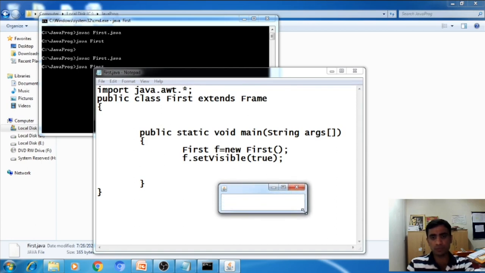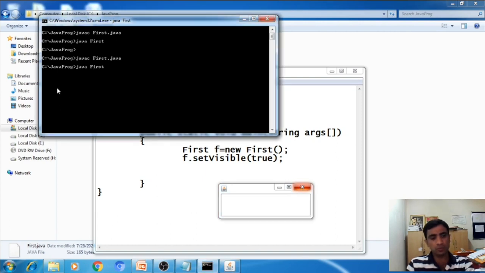But we can stretch this application window frame, and it has not shown any title of the frame, but it has shown some components, that is minimize button, maximize and close. So these three buttons are the Windows default buttons, right? Now I will close this program. How to close? Try to click on this close button, but it will not close your frame. Why? Because we have not attached events to this button. So I will close this program by typing on the command prompt Control C.